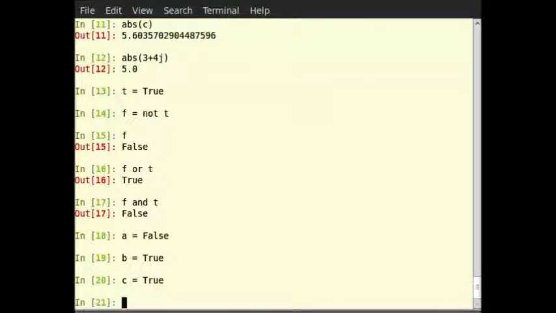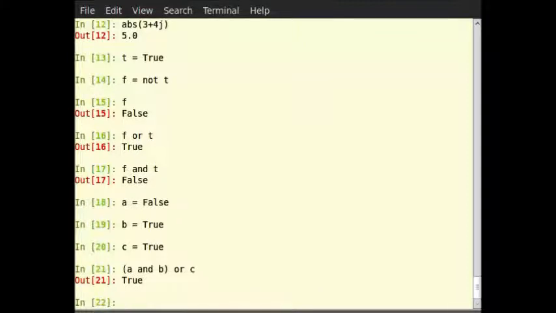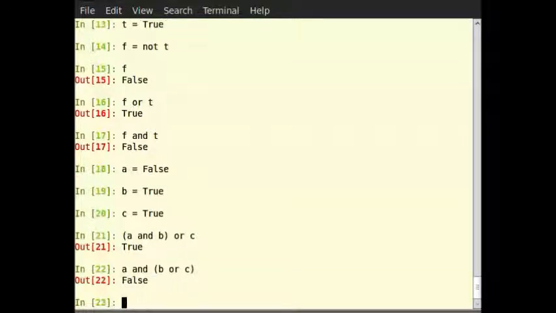The first one, within brackets a and b, then or c, then hit enter. This expression gives the value True, whereas the expression a and within brackets b or c gives the value False.